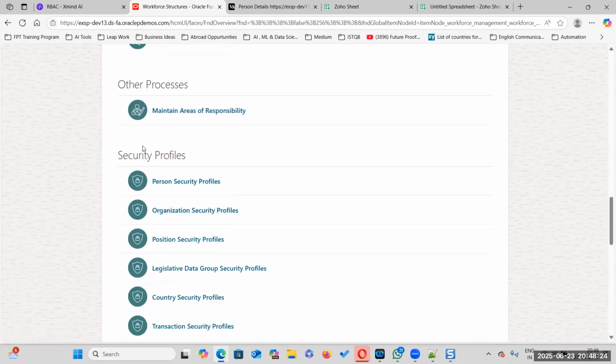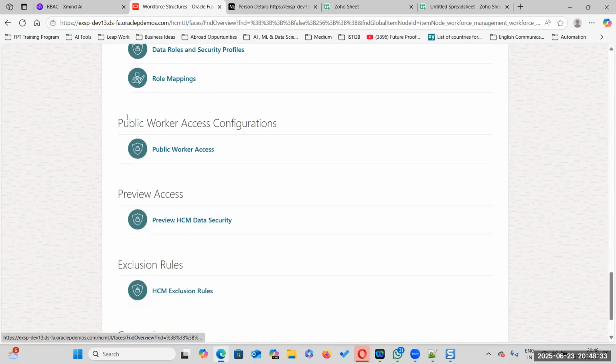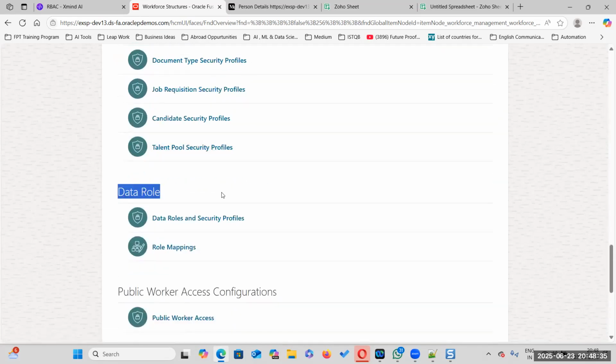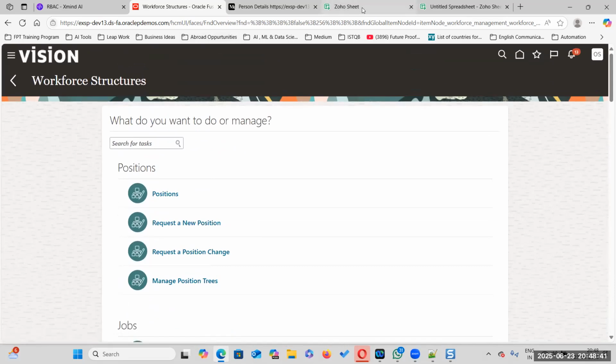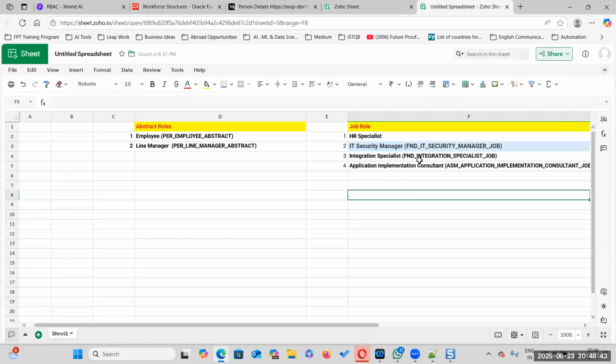After adding this IT security manager, we are able to see security profiles and data roles. Really important. So data role is really important.